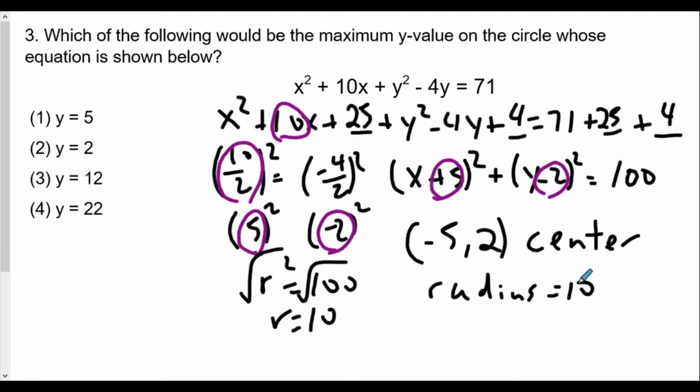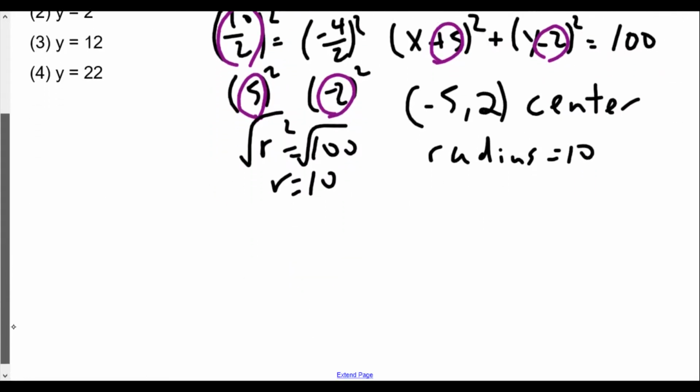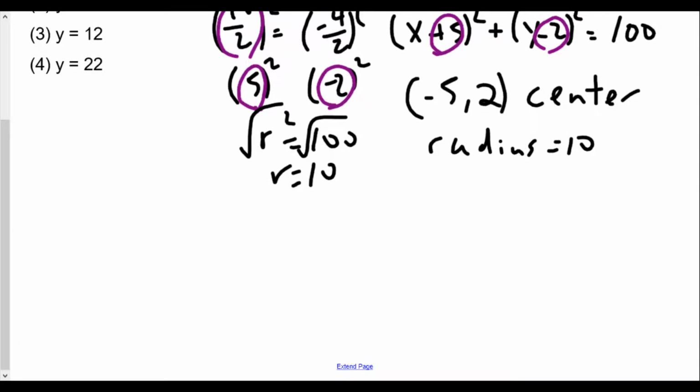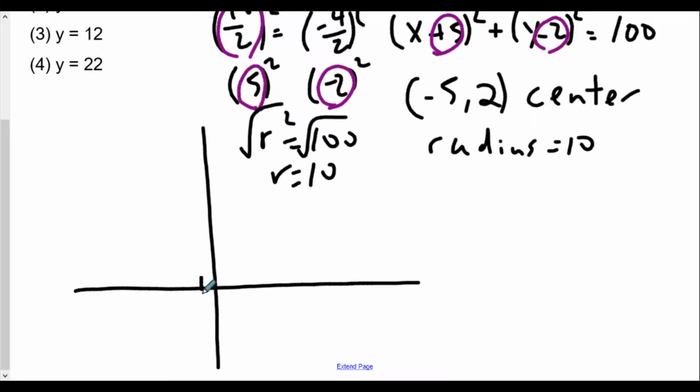Let's see if I can draw some type of picture for this. Okay, let's see. So I have negative 5 comma 2. 1, 2, 3, 4, 5. 1, 2, and that's our center. If the radius is 10, it would mean that it would reach up 10 units. So at negative 5 comma 2,